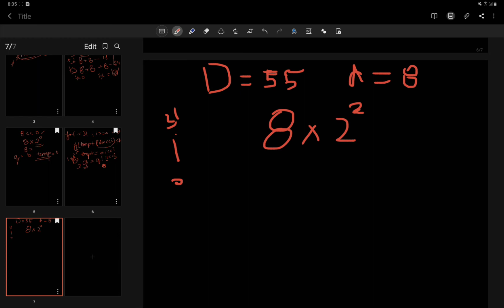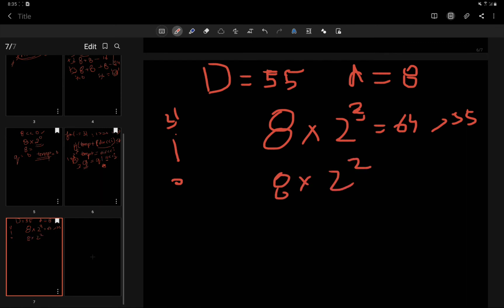Let's say for 3, first we check the value. 2 raised to power 3 is 8, and 8 into 8 is 64, so it's greater than 55, so we won't take this. Now for 8 into 2 raised to power 2: 2 raised to power 2 is 4, and 8 into 4 is 32. So 32 plus the temp value, which is 0 in the first case, is less than or equal to 55.